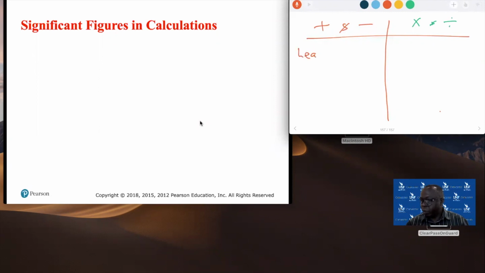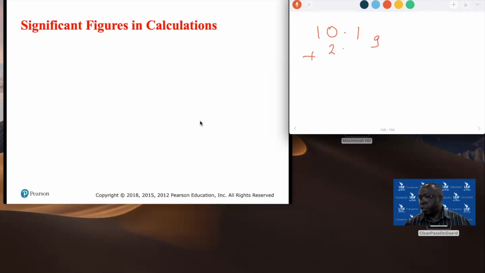Least, you can write your own notes or your own statement: least number of decimal places. I'm going to look at the least number of places of decimal wherever I'm expressing my final answer. If I have a number such as 10.1 plus 2.21,